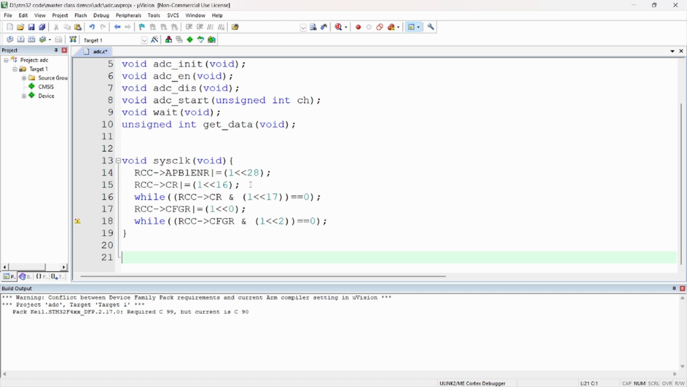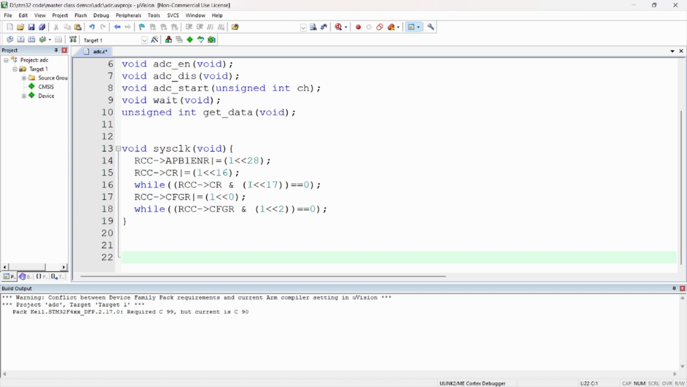So now we have created the system clock configuration. Okay. So next thing we have to do is create a function called ADC initialization. Okay. So void of